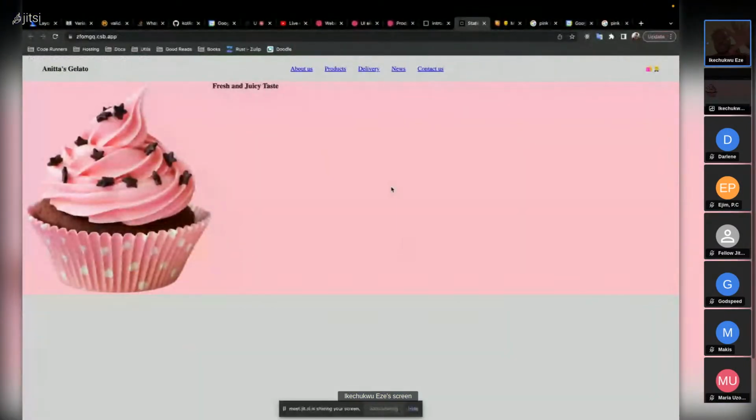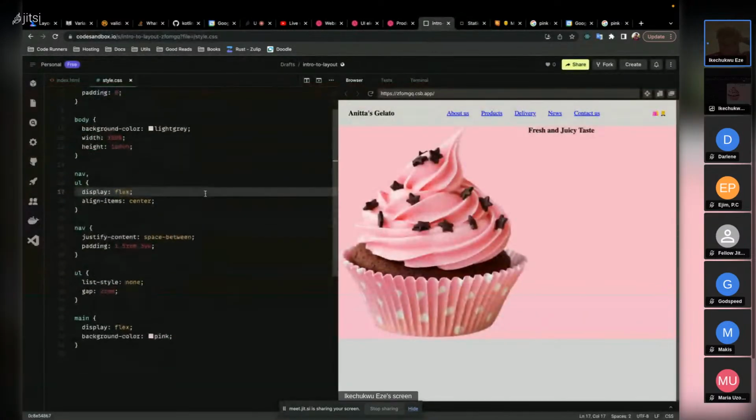Even though I think our pink is actually a lot more shouty than theirs, we'll go with it just because this is a proof of concept, not to make everything look exactly right. So to make the main part, that's the pink background, take the whole remaining width after the nav bar, Flexbox would be a good fit for that. Since this body is taking all the height of the screen that is present, all we just need to do is say that the main,